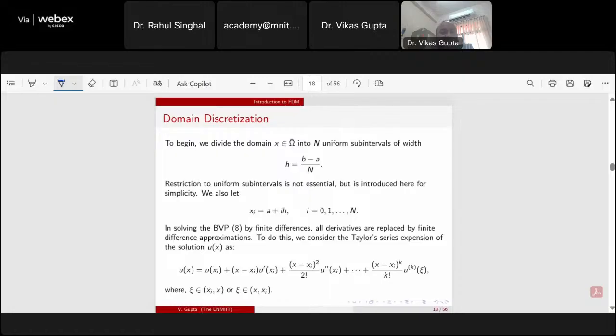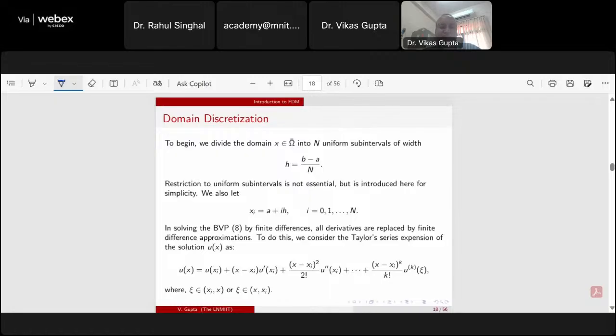Because for singular problems, as epsilon approaches zero, a boundary layer appears. So to resolve boundary layers, you need to construct layer adapted meshes, which are generally non-uniform. But here this is a very simple case, so that's why here we discuss only the uniform mesh. So with this mesh spacing,